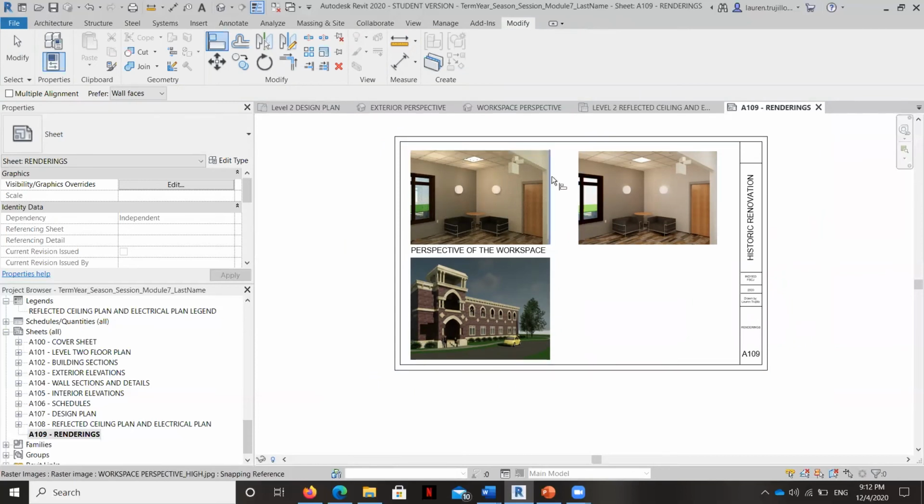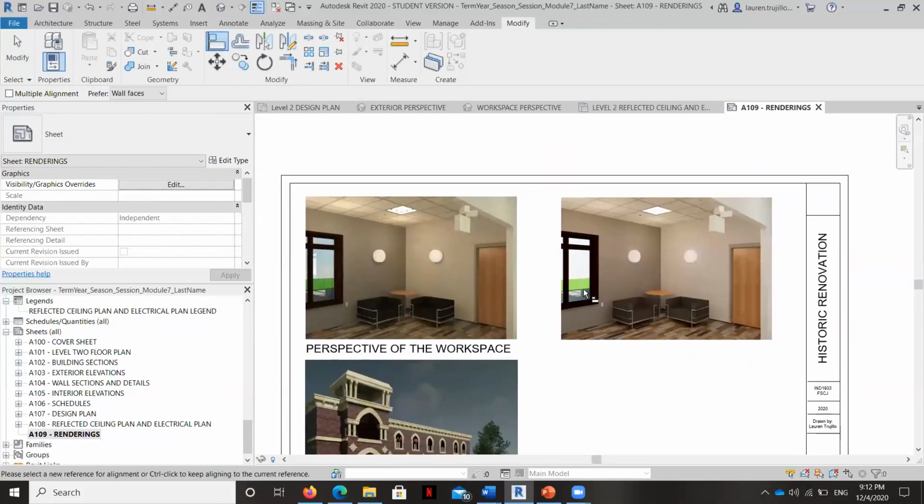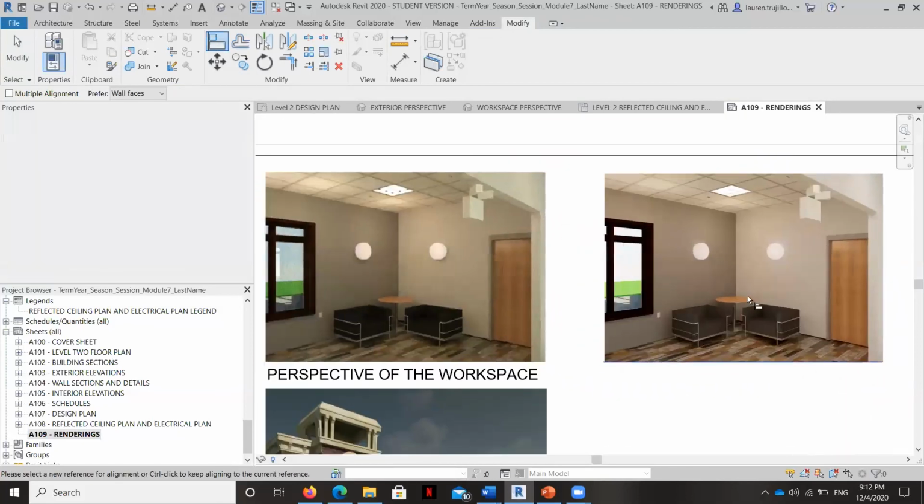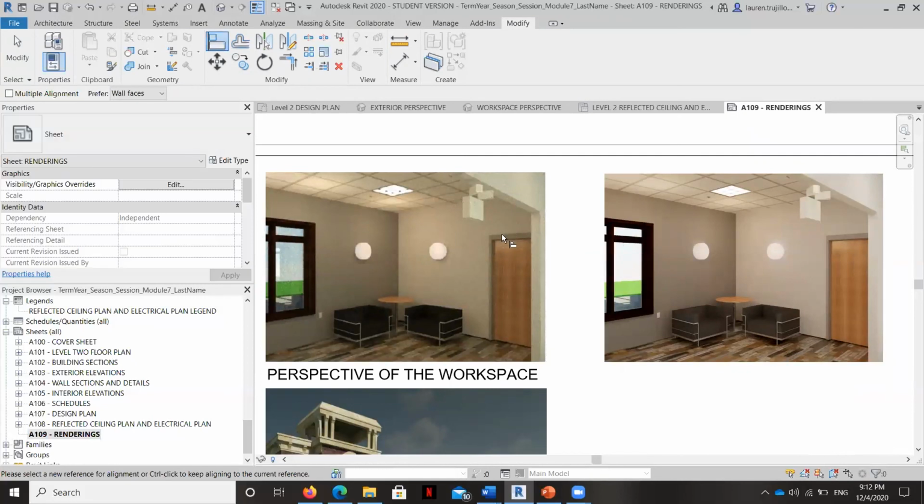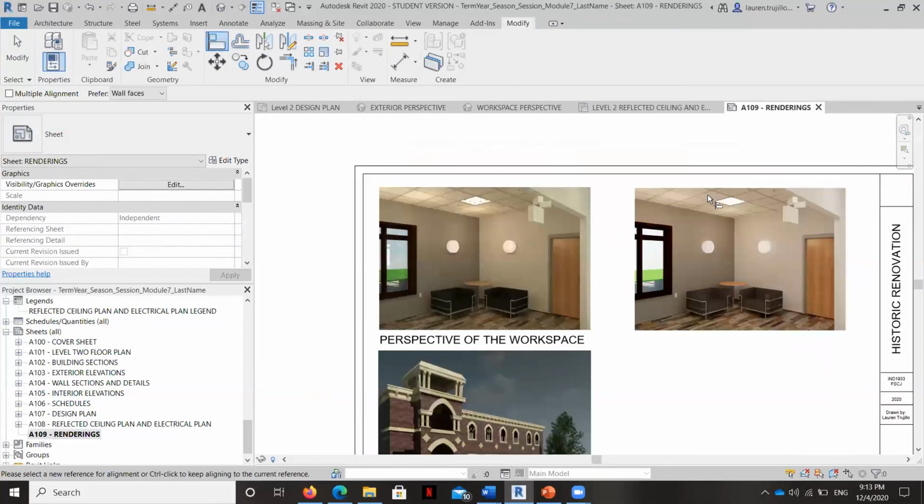which we've talked about before, but just bringing the images in from the render gallery, saving them based on the settings that you've been shown, and then also inserting them into your drawing set is a very quick and easy process. And it's wonderful to see them side by side and just be able to compare the softness and the difference. And you know, you get what you pay for with this kind of thing. And so that's why those render credits, once you surpass the free ones that are allowed with the program, it's, you know, it's a good use of money. So there you go. A beautiful set of renderings.